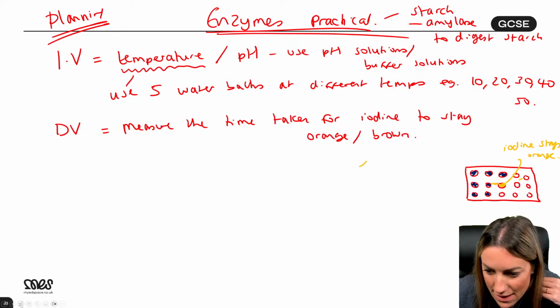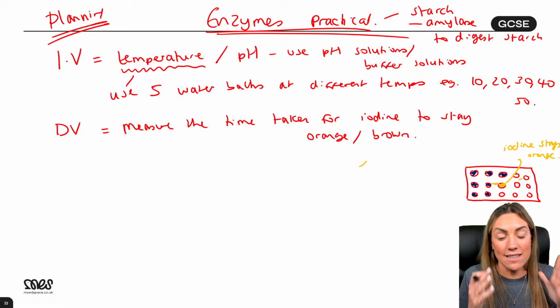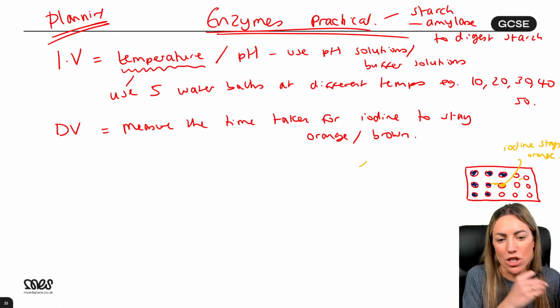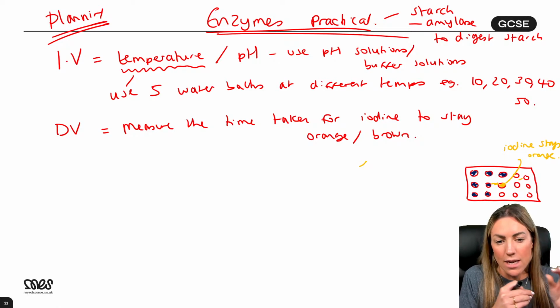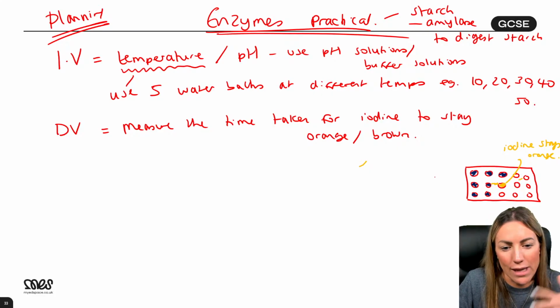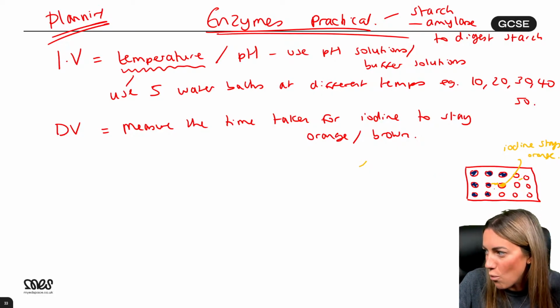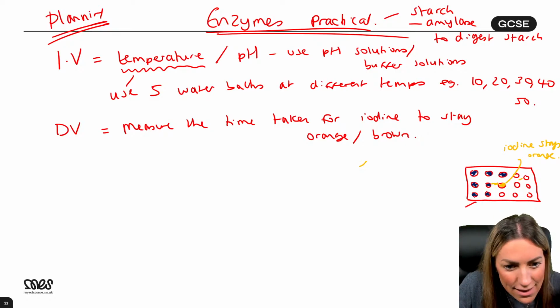Right, okay, you seem to get that. Basically, listen, this is what's tricky. Amylase digests starch into glucose, right? If I mix my amylase and my starch together, I'm going to take a sample every 20 seconds. Now, to begin with, the iodine is going to be blue-black.